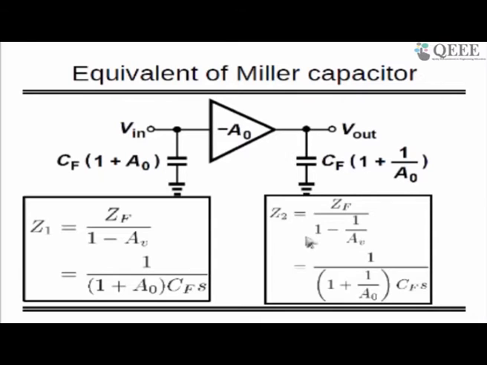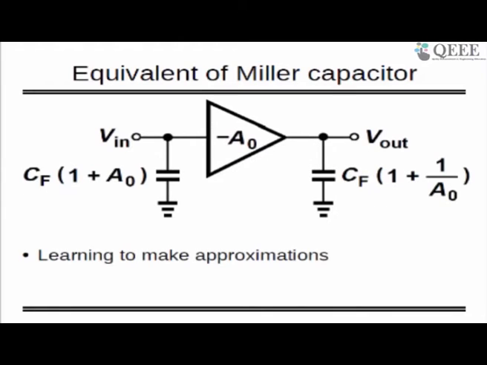So if that is the case, we should learn one more thing. Sometimes in future maybe you need to do approximation, and you will find that your A0 is infinity, or it's a very large value. So you have to make the approximation sometimes, which one is bigger and which one is smaller. So that you can do by keeping infinity here and keeping infinity here. So you can find out whether the capacitance is big or small, or whether you should consider that or not.